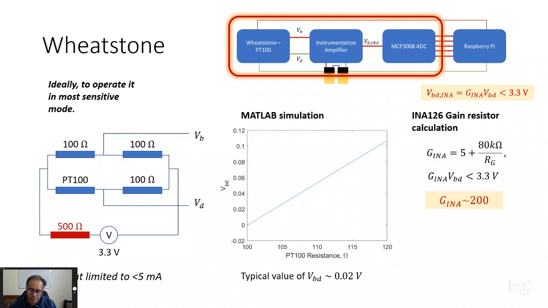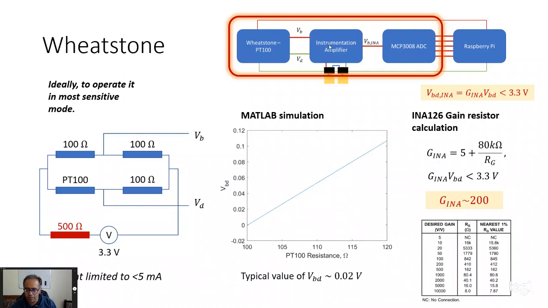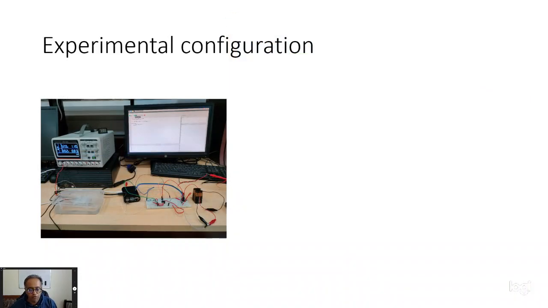So that is roughly in the range of 200. So we need a gain of 200 on the instrumentation amplifier. And again our data sheet comes to the rescue, and in the data sheet you have this very nice table, and you can very quickly pick out this resistance value, which is around 400 ohms. So that is the gain resistance you will provide to the instrumentation amplifier, right? So now we have all our